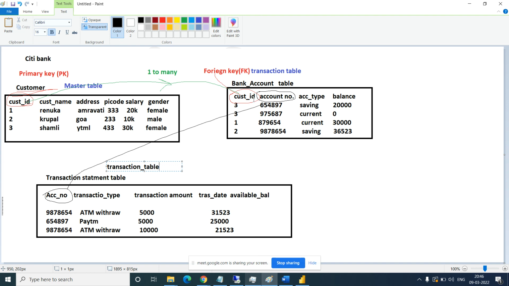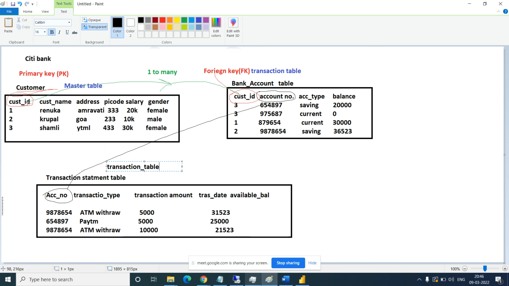So here they did a normalization. They have not taken all this data into one table, they divided it into multiple tables. So we need to make a relation between them to get the data. We had a common column between these two tables, so we created this.